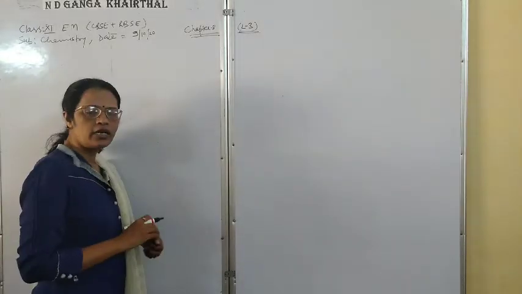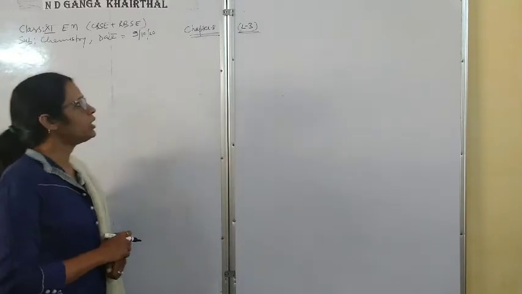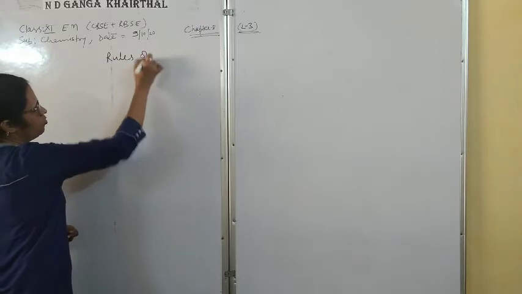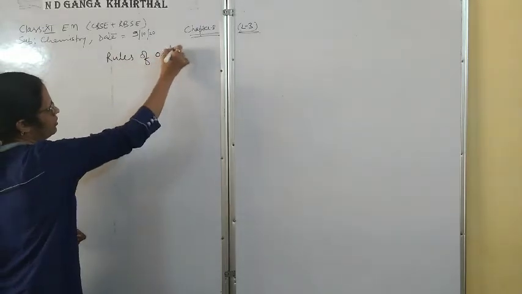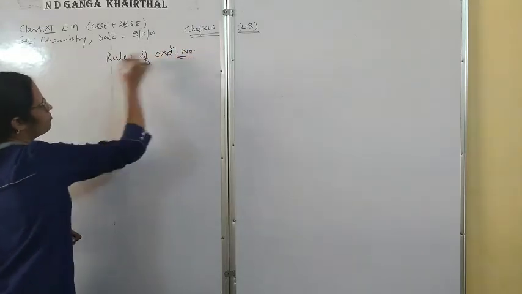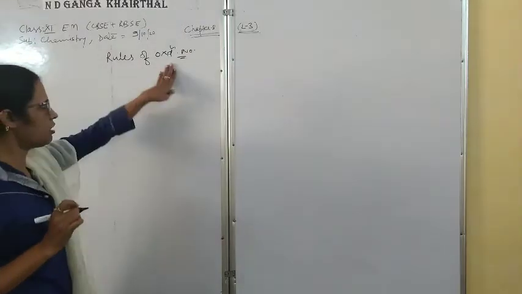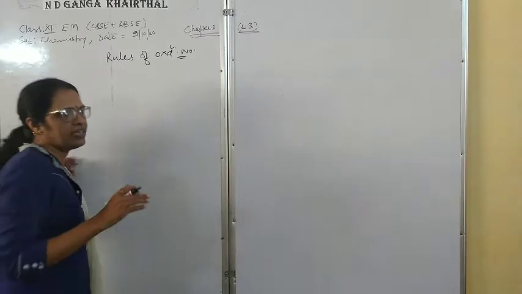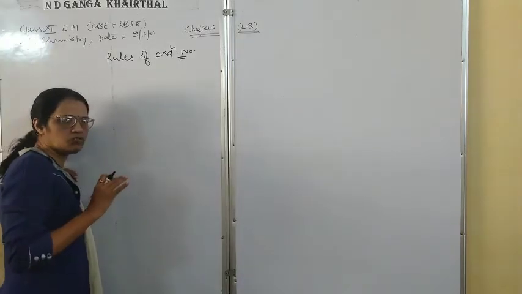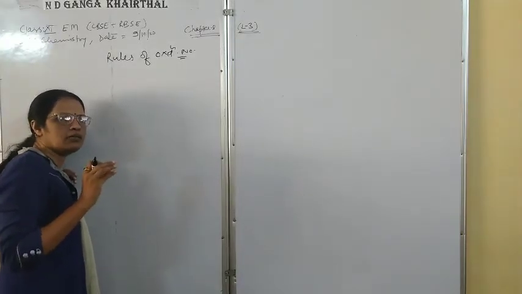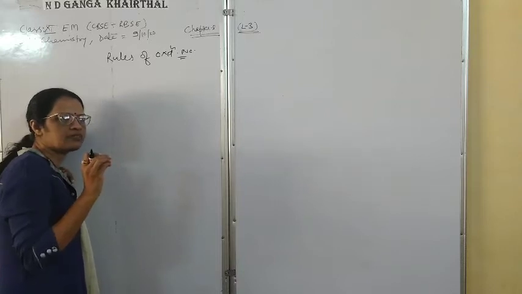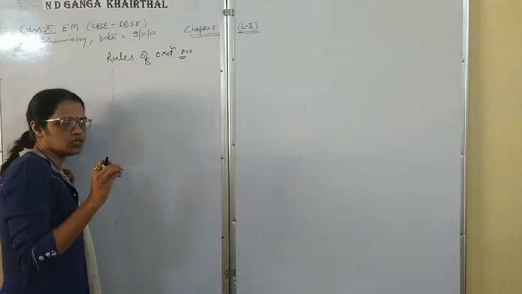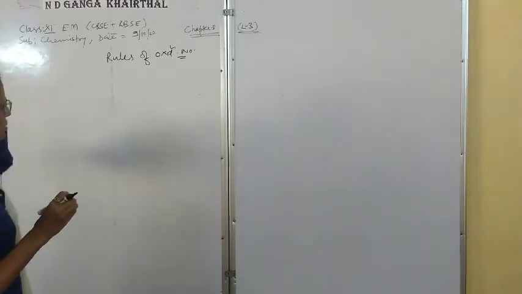In yesterday's topic we discussed the rules of oxidation number. How will we find an oxidation number? So what are the rules? For example, in a hydride, hydrogen's oxidation number will be -1. If a metal is connected with an element, the metal always has a positive oxidation number. So today we will do some examples.